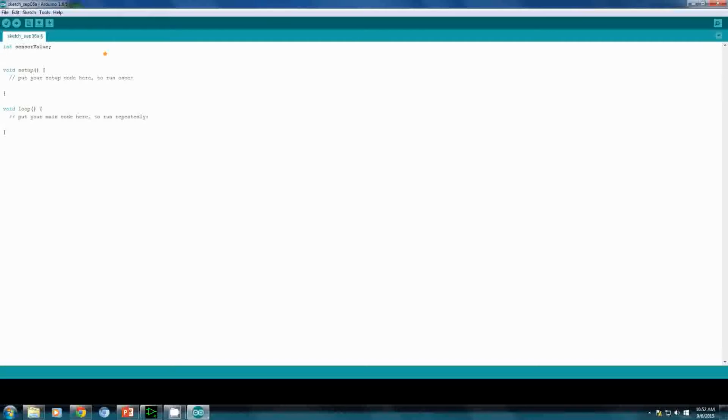And then also we'll need a couple of variables for the high and low values of our photoresistor, and we have sensor low, and that's equal to 1023 semicolon, and sensor high equal to 0. Okay, so why do we have sensor low at 1023 and sensor high at 0 and